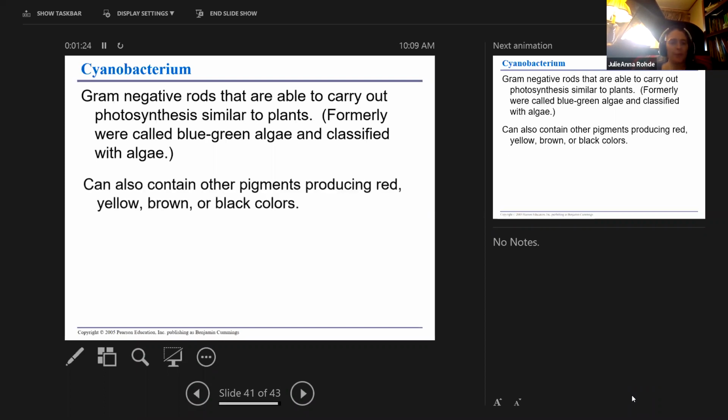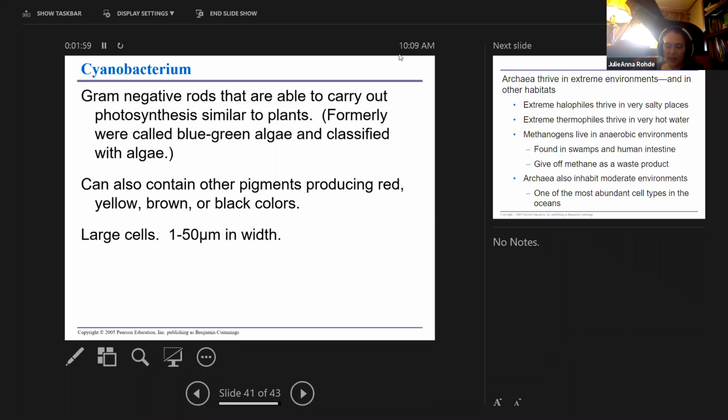We thought these were algae because they were so big in comparison to most bacteria. They're going to have chlorophyll because they photosynthesize, and you can't photosynthesize without having chlorophyll. That's a pigment required for that process. But they may, and a lot of them do, have pigments in greater quantity than the chlorophyll. So you'll see a different color when you look at them because that chlorophyll is masked by this larger quantity of pigment. So they can be red, yellow, brown, or black in color. And then talking about the size,